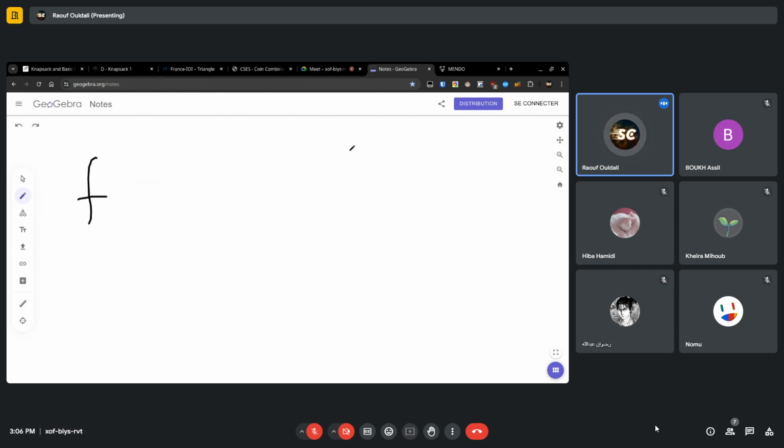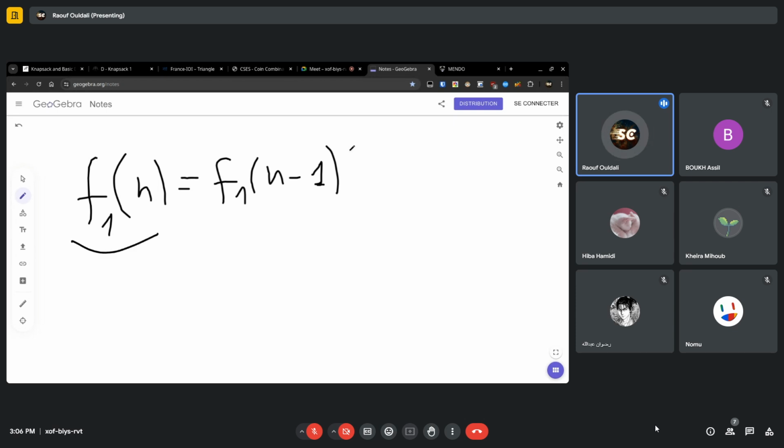So we have f1 of n, okay, this is the max value of a jump. And f2 of n is equal to